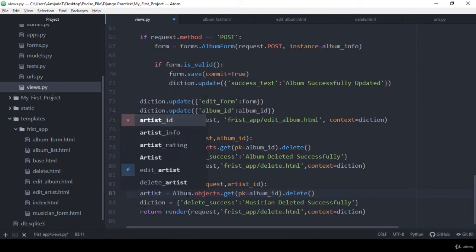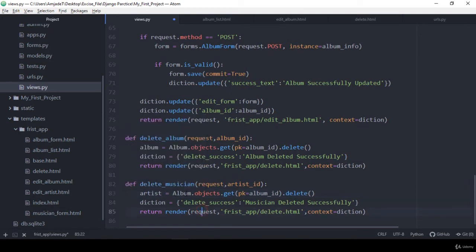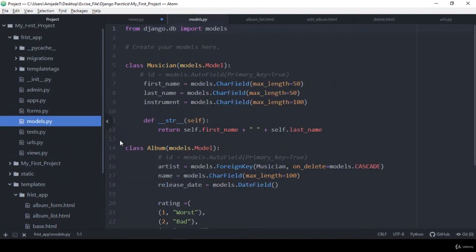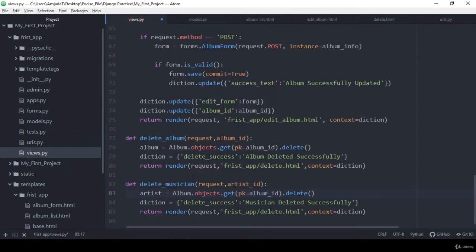Okay, I just name it artist, and then I want to delete it from which table? I want to delete it from our model. If you go to our model, I want to delete it from our musician table, right? So I just simply copy it, and now here I define our musician table, and all those objects